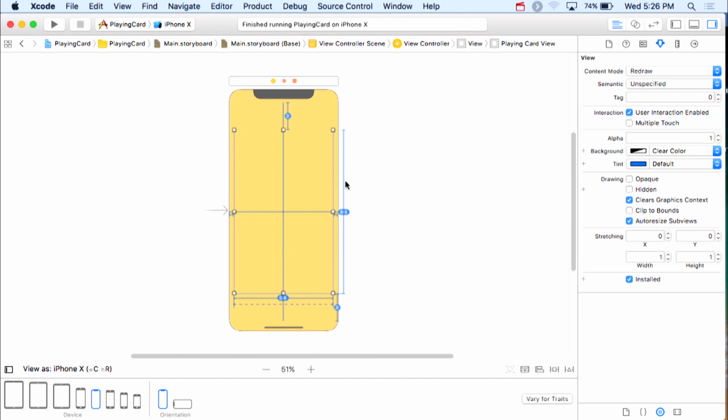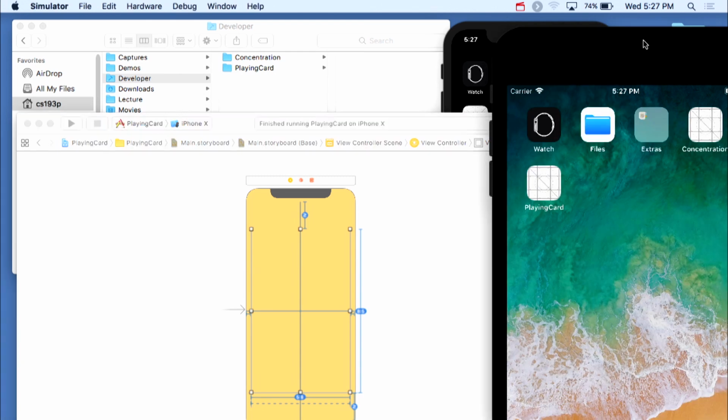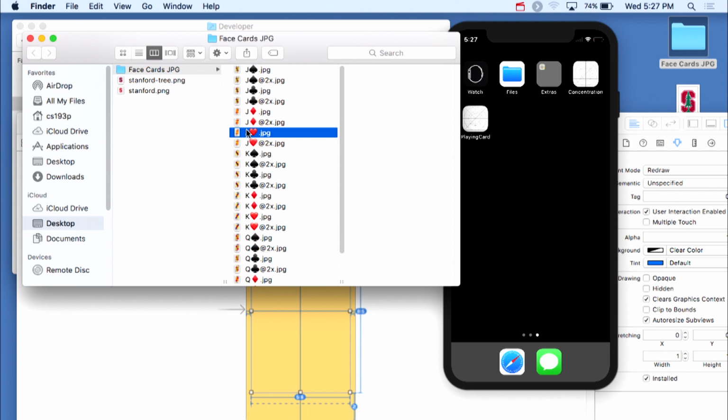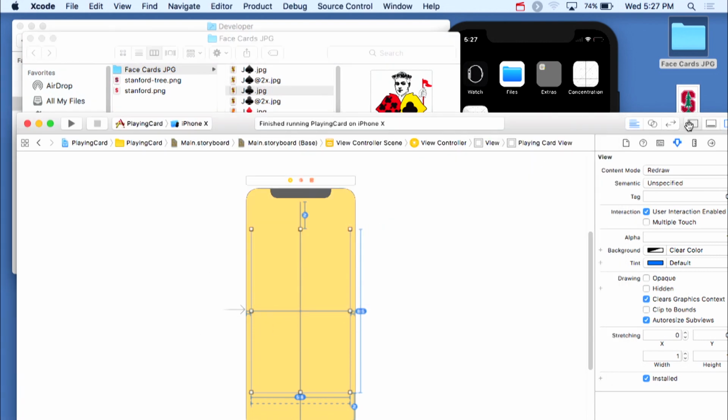Okay, so we have a face card, we need some kind of image. Now I'm going to do that by drawing an image, and I just happen to have over here somewhere, not this guy right here, face cards, a bunch of face card images. Woohoo, okay? And I'm just going to drag all these images into my project. Well, where do I put them? That's what this